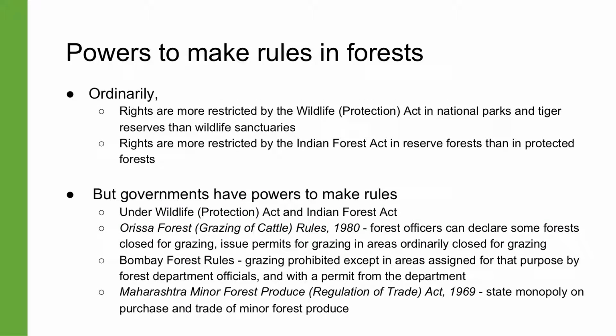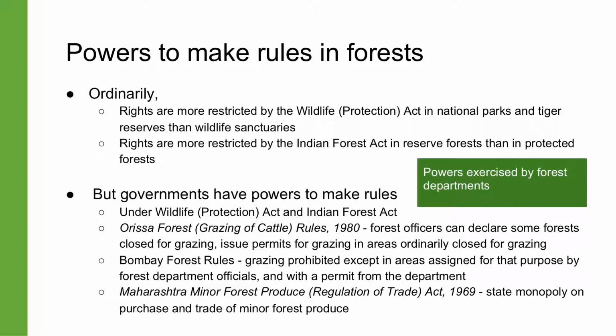Governments also have powers to make rules for the exercise of rights and for a number of activities related to the use of protected forests, including the cutting and collection of timber and a system of licensing for it, the collection and manufacture of forest produce, and a system of licensing for it, the clearing and breaking up of land for cultivation, and the cutting of grass and pasturing of cattle. These powers of the state governments are administered by their forest departments.